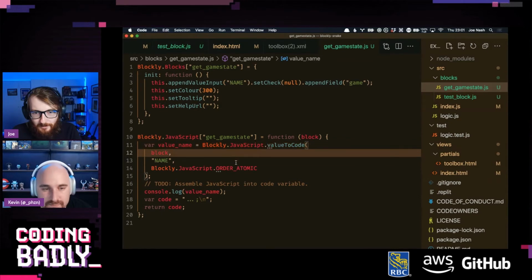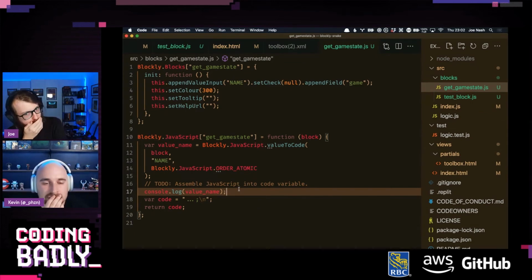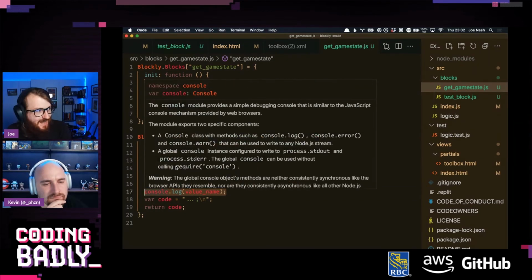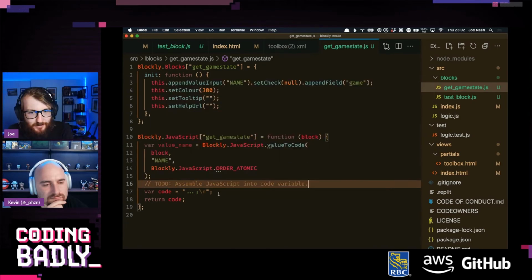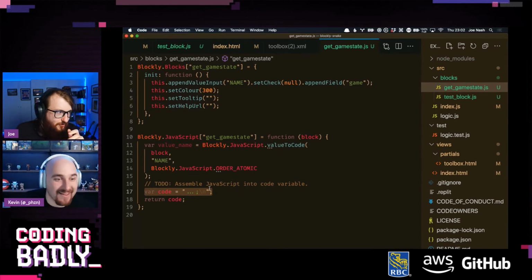Value name. Value to code block. Well, that's not enormously helpful. So we're able to get the variable name. Oh, of course. I'm an idiot. This is generating JavaScript. This is JavaScript it puts in. So that makes total sense that it's getting us the name, because that's then going to be injected. So we actually just want here to do. Oh God, how do we? Suddenly I just realised I don't know how code generation works.